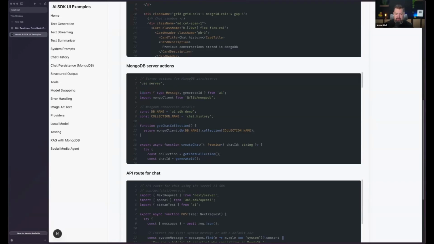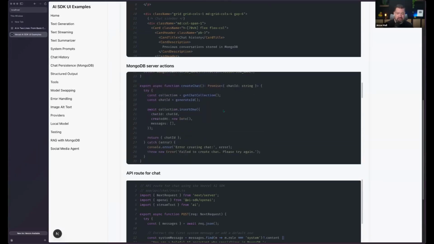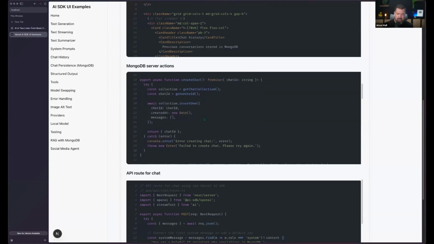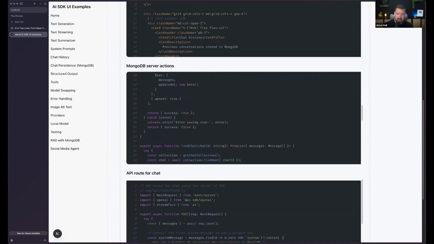But we are basically implementing the same as a Node.js application, connecting to our MongoDB instance, defining the database, the collection, etc., and then creating each of these functions to create a chat. So create a chat is just going to insert those messages, and then save and load, etc. All of these are defined here in our server actions.